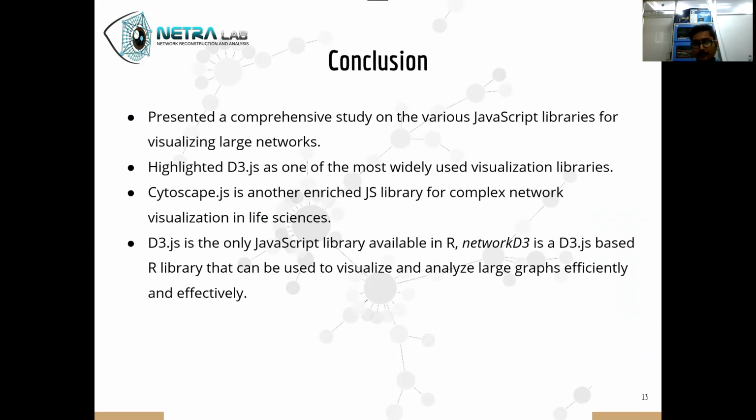Cytoscape JS is also another enriched JavaScript library for complex networks, though it needs many plugins and jQuery. Network D3 is the only D3 JavaScript library available in R. It's based on D3 and can visualize and analyze large graphs efficiently and effectively.